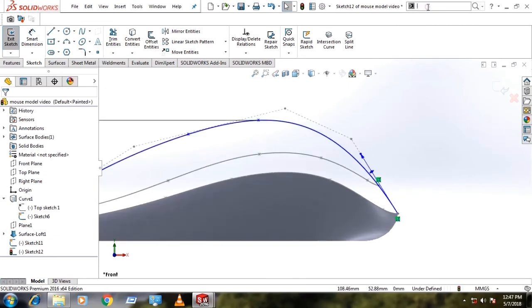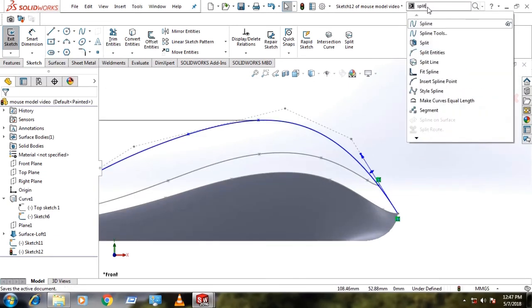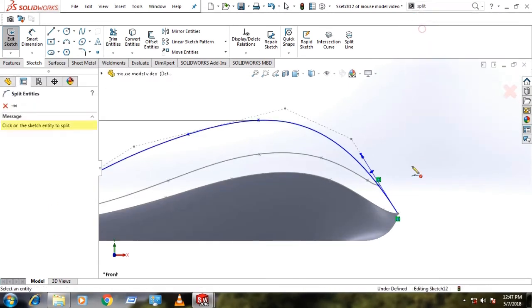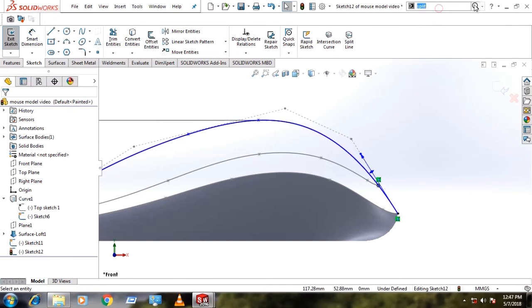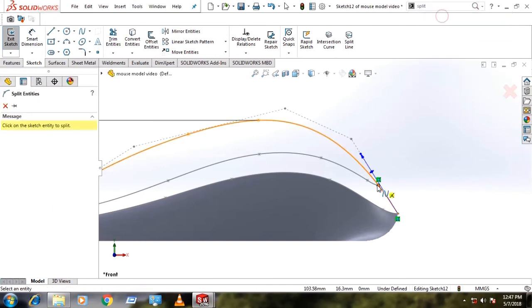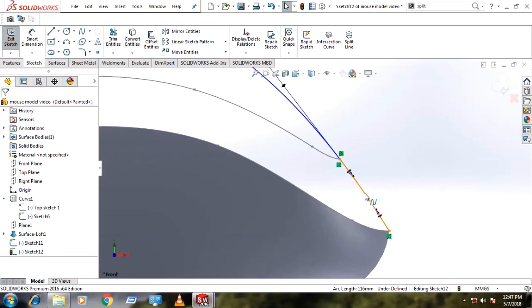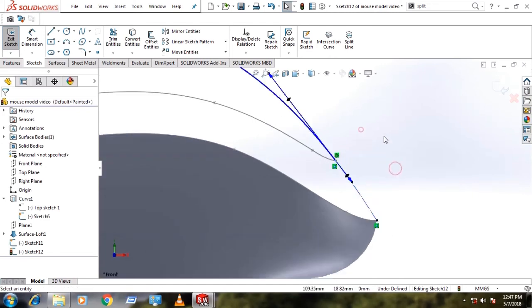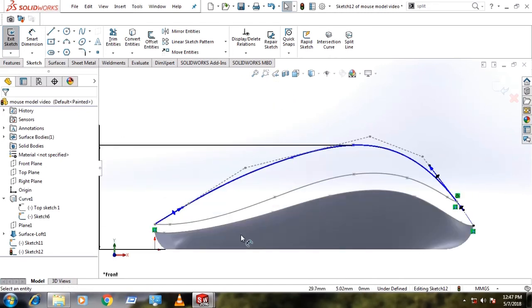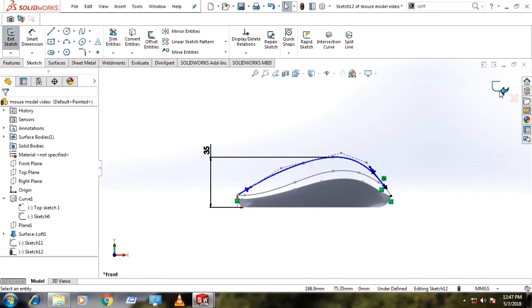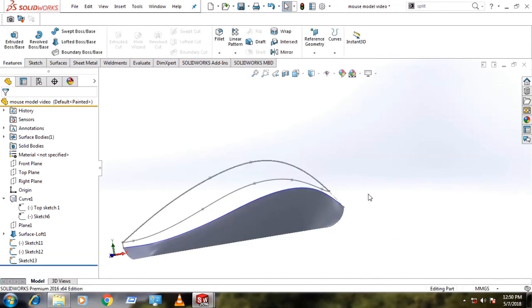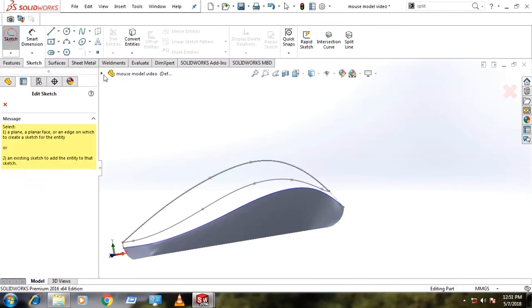Now use the search command bar to search for the split entities command. Now select that command. Now select this point as shown. Now the spline is split into two parts. Select this part and select the construction geometry icon. Now that part is converted into construction geometry. Now exit the sketch. Now again select sketch, select top plane,